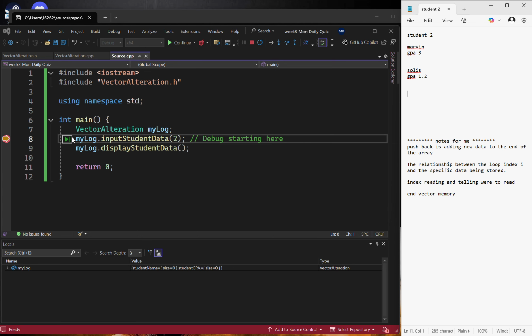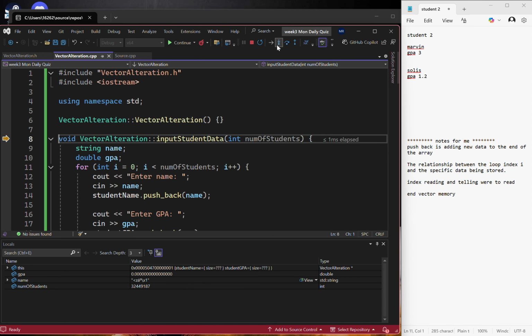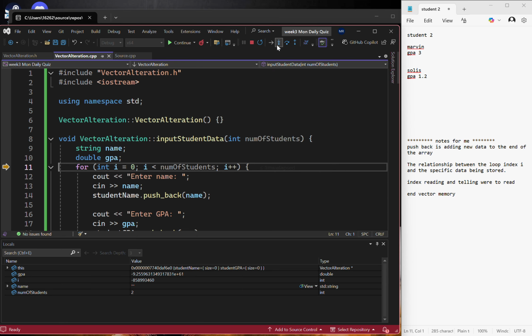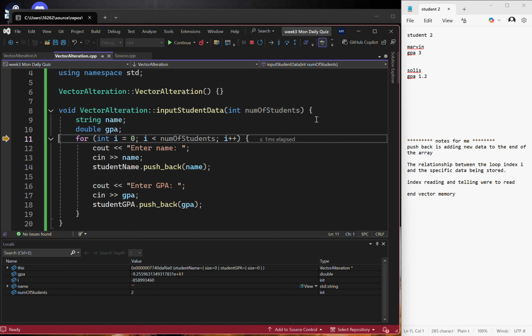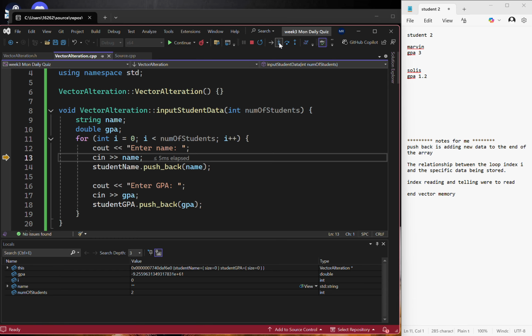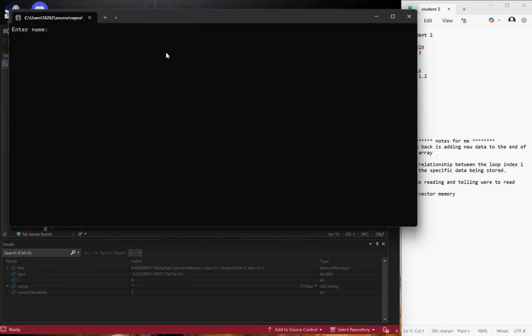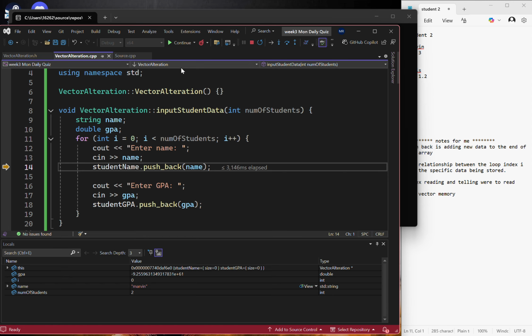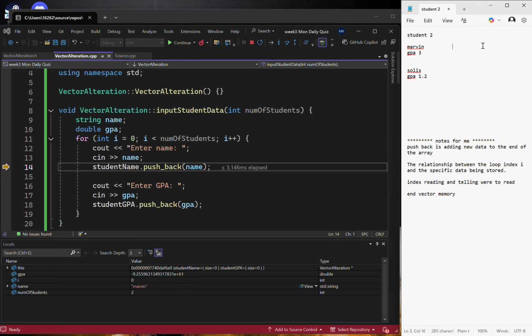So we know that we're going to my log, and then it's like input student data. It's for 2 students. So we're stepping into that. We know that it's going to be 2 students, and we're going to be asking the name and GPA, which I have here. And then we're going to enter, okay, the name first, which I put myself first. I put Marvin, and that is being stored at, well, all of these are going to be stored in the same place, but it's going to be